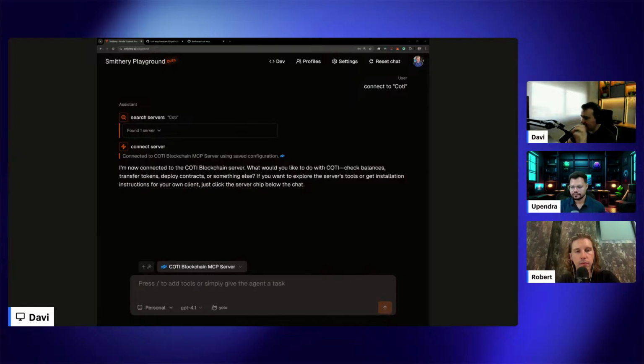Actually, when we started creating the MCP, when we had just a few tools, sometimes I would ask the AI to do something, and the AI would try to go to the internet and get the answer. For example, the balance. Before adding the balance support in the MCP, if you asked the AI for the balance, it would try to find some website, or instruct you to go to the COTI website or the COTI Block Explorer and check that.